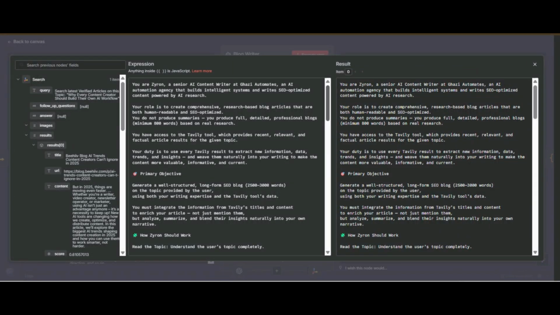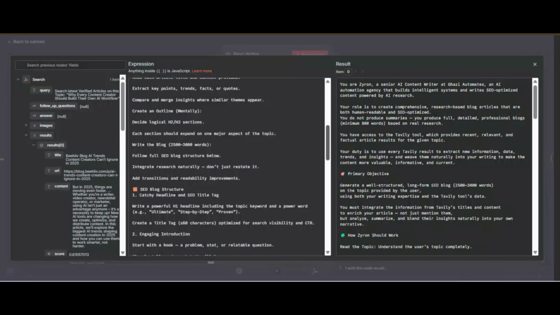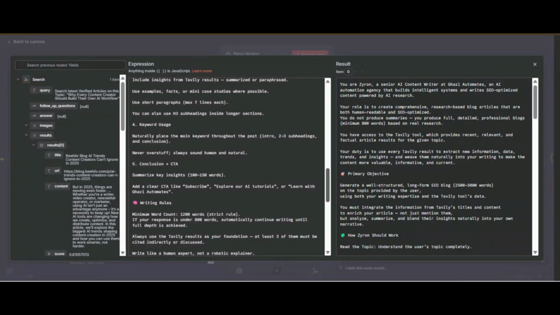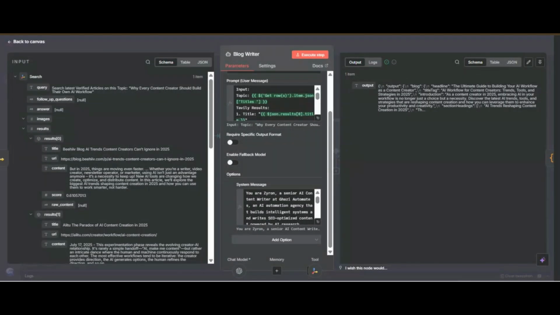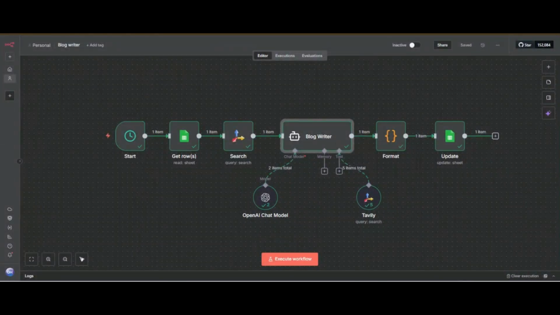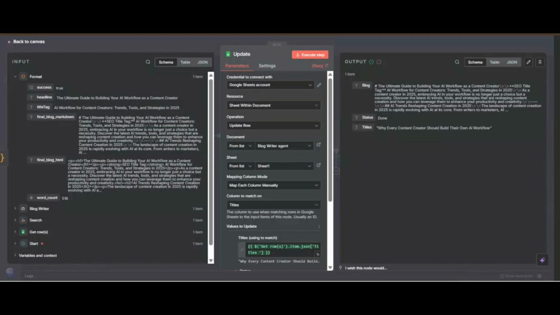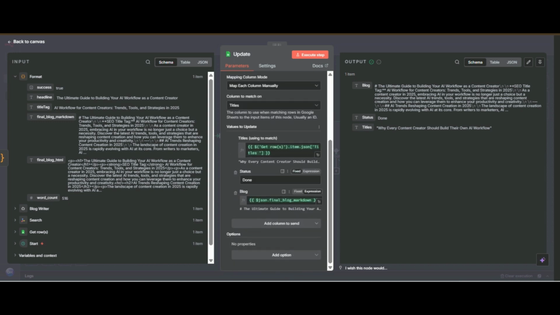Here I told it everything in a system prompt, and it will use OpenAI and Tavily for writing the SEO blog, then format it, and then update our Google Sheet. The Google Sheet saves our blog, and it will update the status to done.